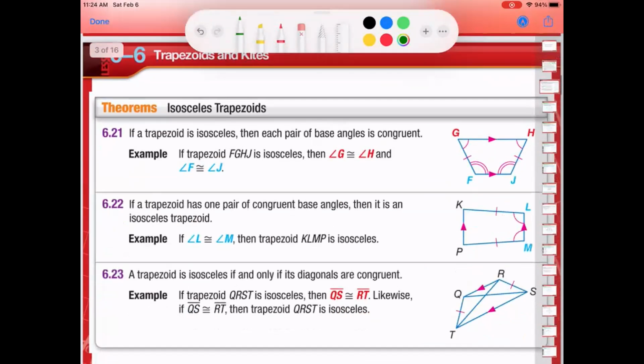All right, continuing on. So we have rules for isosceles trapezoids. Our first rule is: if the trapezoid's isosceles, then each pair of base angles